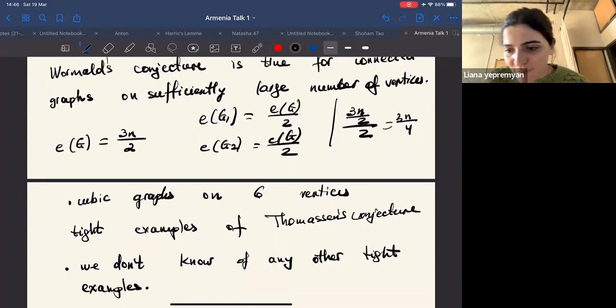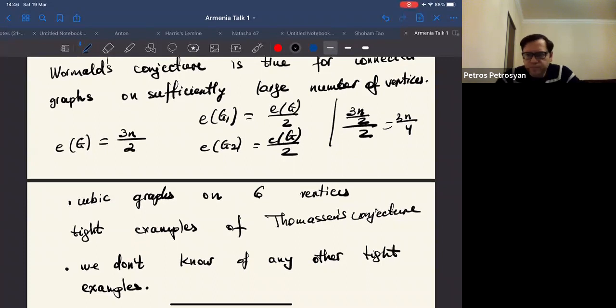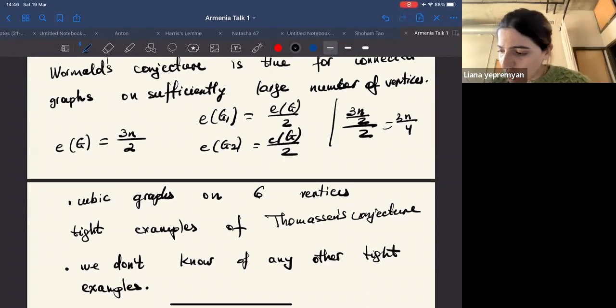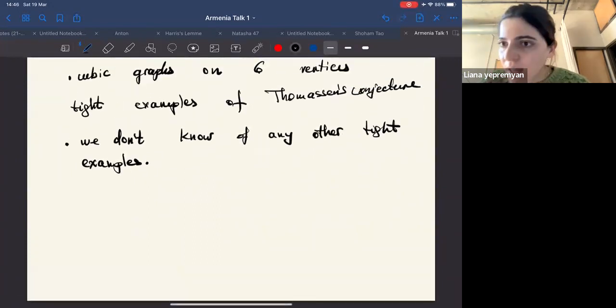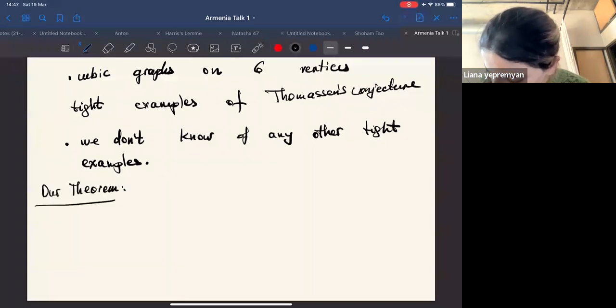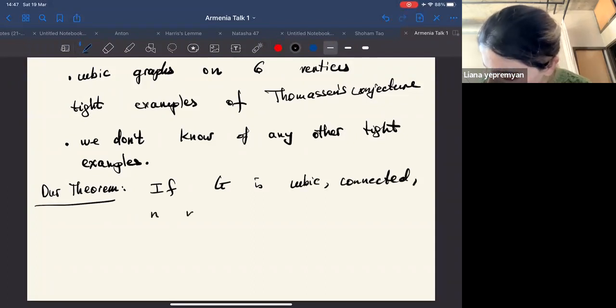Okay. Yes, thanks. So now let me rephrase the theorem that we proved, and then I'm going to give you an approximate version of it, which is going to be easier to prove, and we'll try to do that, or at least see some sketch of it. So our theorem says that if G is cubic, connected, and sufficiently large,